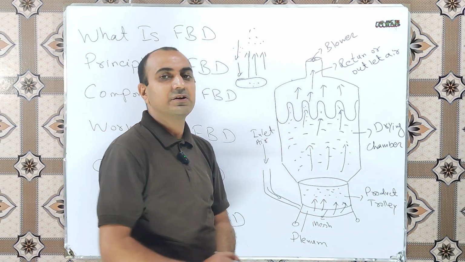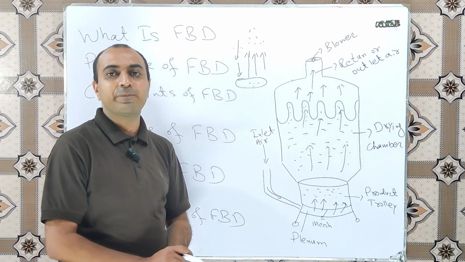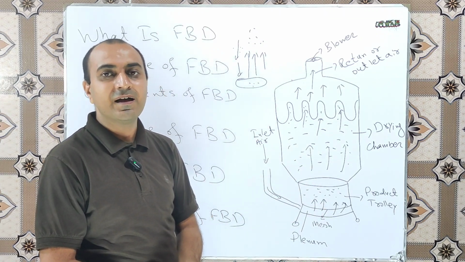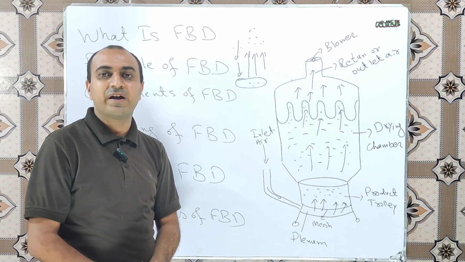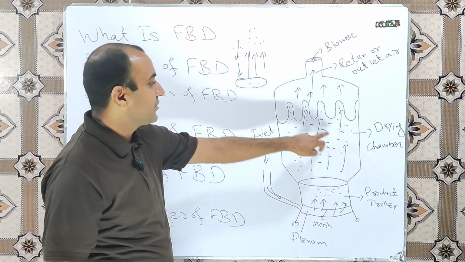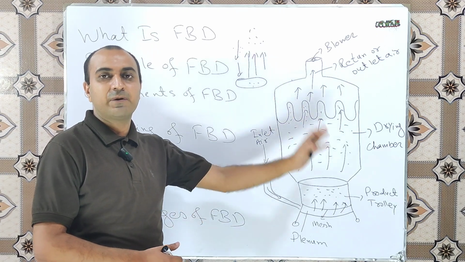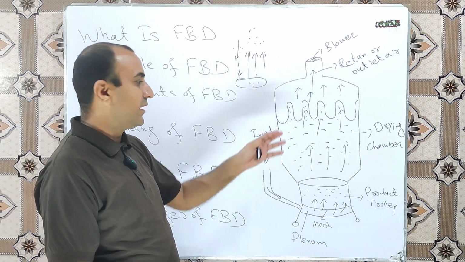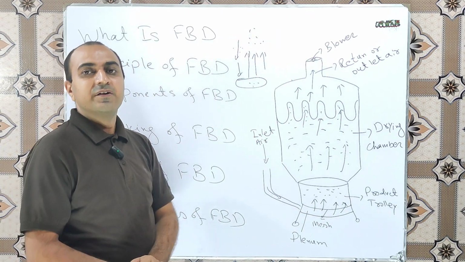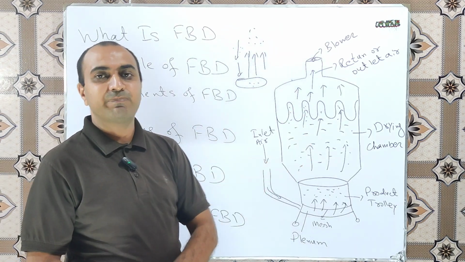This hot air comes in contact with the wet particles and takes its moisture, and our dry product settles down. Then again it is lifted and the process continues until the product is dried to the required level. Then the air which removes the moisture from our product leaves the drying chamber through these filters. Meaning, these filters act as a barrier for our product. These filters only allow the air to escape out of the drying chamber, and this air goes outside through the return air duct. So it is the simple working mechanism of the fluidized bed dryer.